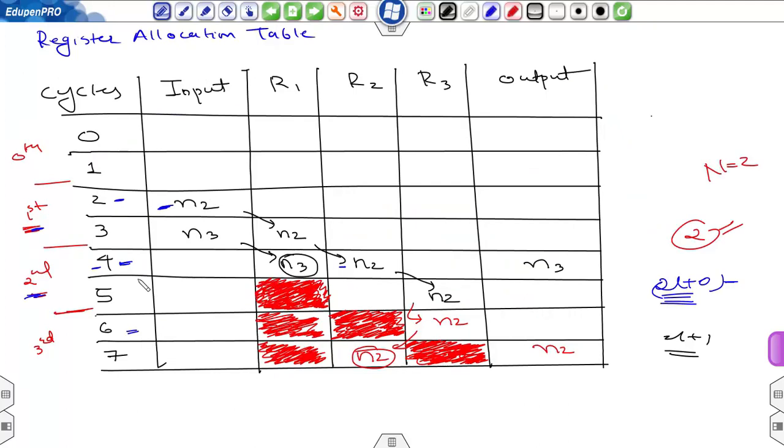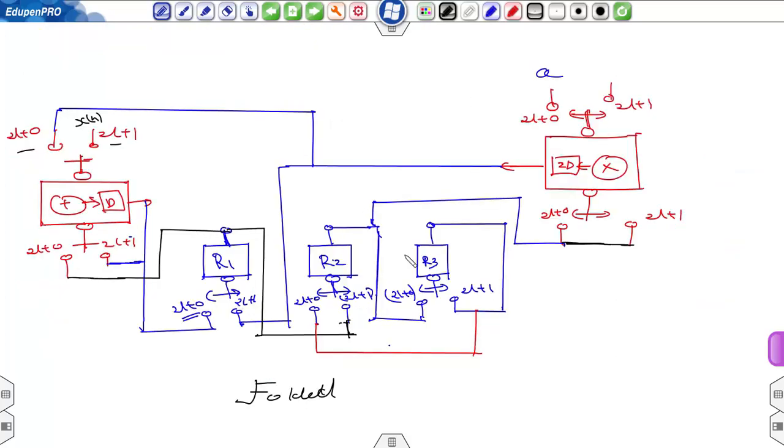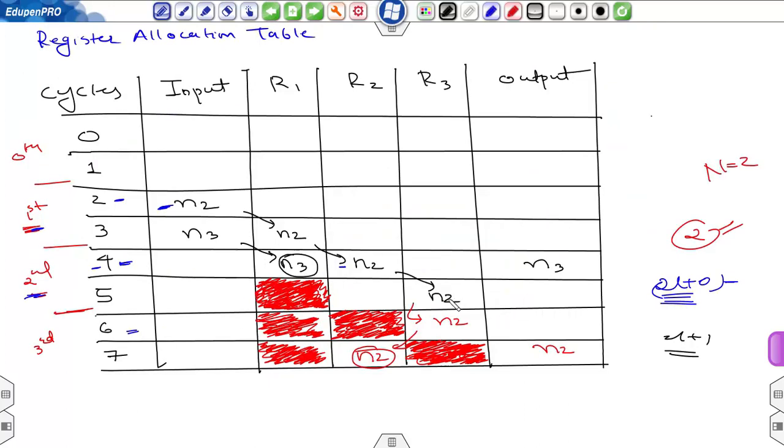Now during the fourth cycle, N2 is shifted to R3. So the output of R2 should be connected to the input of R3 at instance 12 plus 0. And N2 is in R3